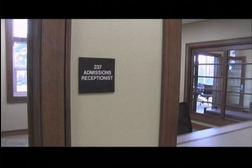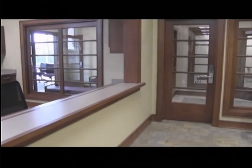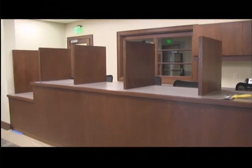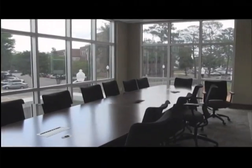We're anticipating move-in starting on Monday, June the 18th. So we've got a schedule where we're going to move in recruiting and new student programs first. They had already started packing their offices and getting ready to go, kind of a little antsy. They wanted to jump in there last week, but we had to slow them down a little bit. But we're going to move full steam ahead on Monday the 18th,